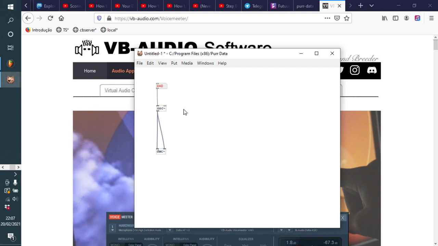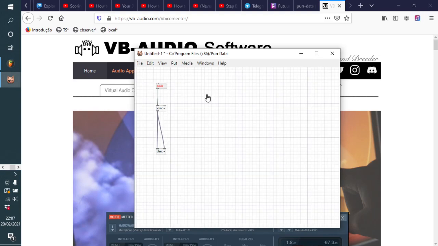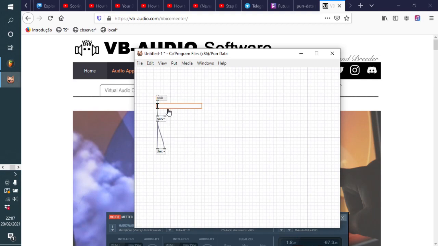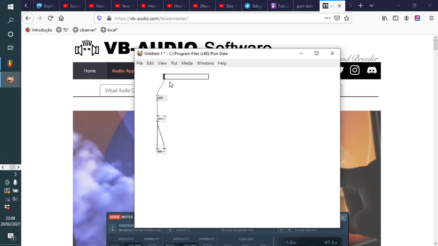In order for pure data to go in and out of the edit mode, I just do Control E. You'll see the edit mode kind of looks like this graph paper, and you can start dragging stuff around. So let's add a new object at this point. Let's put the horizontal slider. We want that. The output of that going into this number box, come out of the edit mode, and now